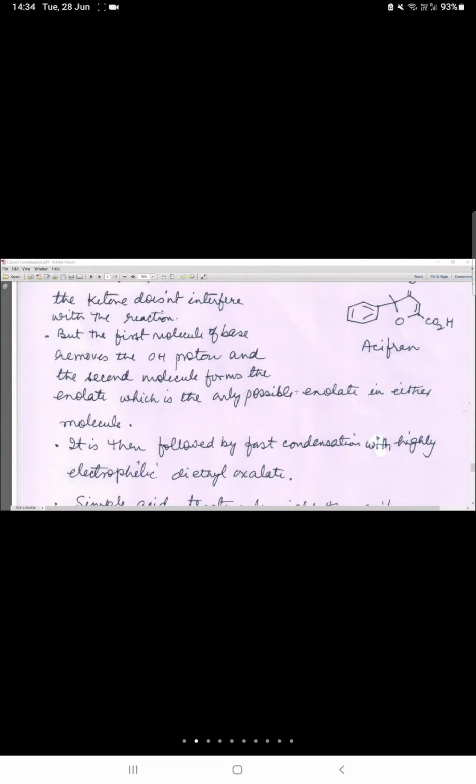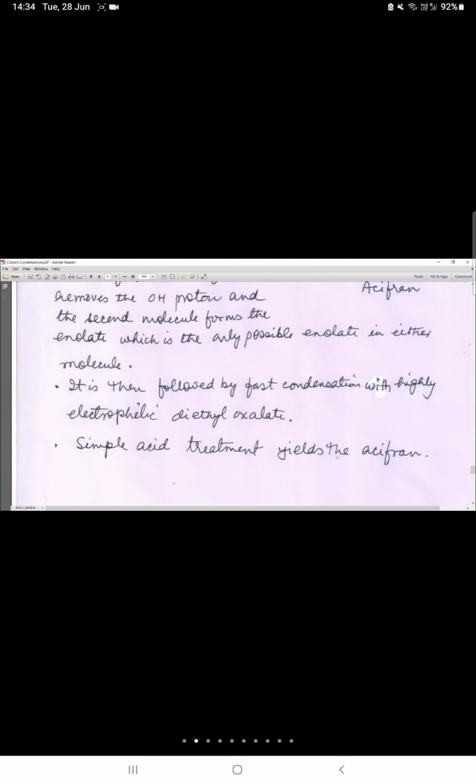First molecule of base जो है वो पहले रिमूव करता है हाइड्रोक्सिल प्रोटॉन को, और फिर जो दूसरा मॉलिक्यूल आता है वो आपका रिमूव करता है नीचे से एस्टर टू फॉर्म द इनोलेट आयन. देन इसके बाद जो है कंडेंसेशन बहुत हाई हो जाता है क्योंकि डाइथाइल ऑक्सलेट बीइंग वेरी highly electrophilic, so reacts fast, and simple acid treatment will